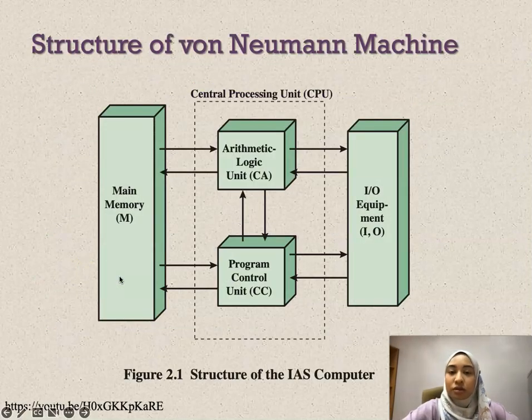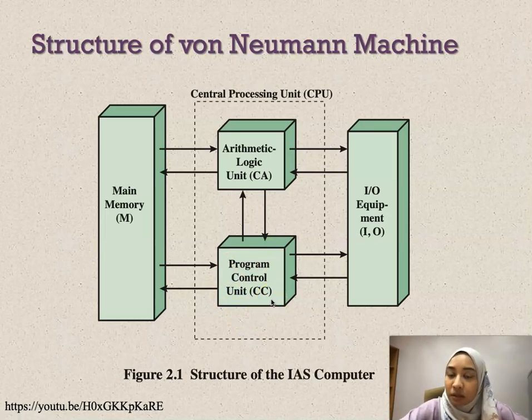So this is the structure of the von Neumann machine. You have your main memory here, and inside your main memory you would have your primary memory and also your secondary memory. And then it was connected to the arithmetic logic unit, which does the processing, and you have the program control unit, which controls